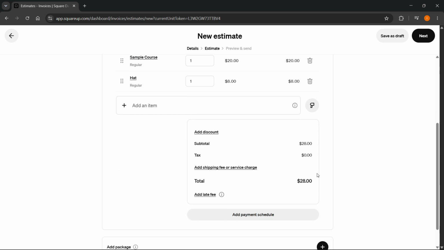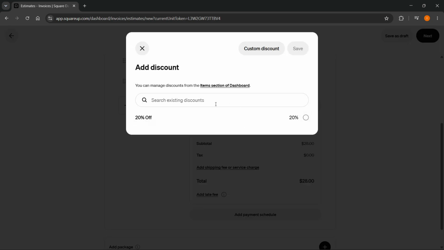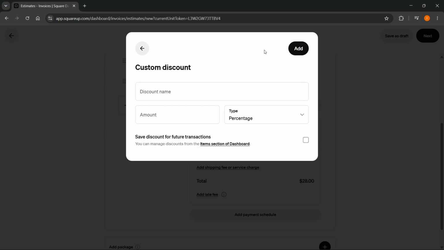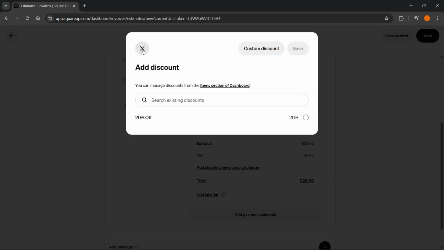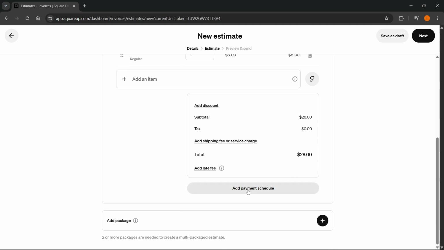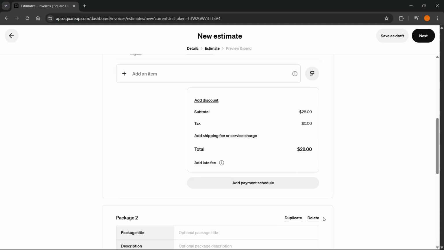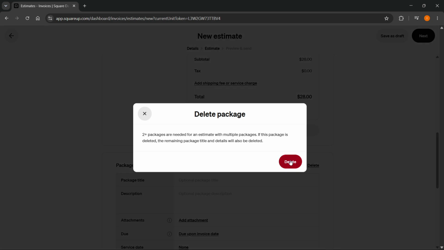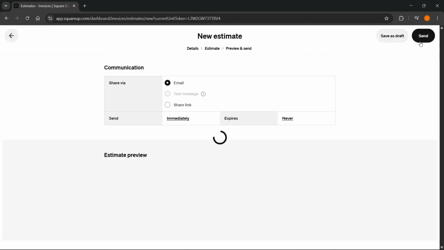Now, as you can see here, the total is $28. I can now go ahead and add a discount if I want to as well. For example, if I want the estimate to be maybe like free, I could go and do custom discount, and I could give it a name over here, and of course I'd do amount, and I would do amount of 28, so the exact same amount as it's over here. I'm not going to do that right now, but of course if you want to make it free, you can do that as well. And then you can go and add a payment schedule if you want to, or add a package if that's relevant. And then whenever you've done that, you can just click on the next button top right,